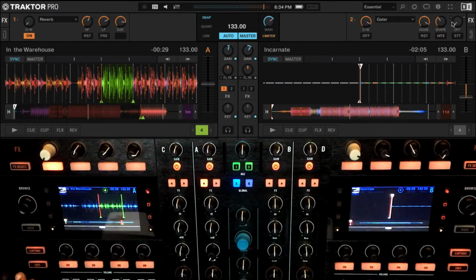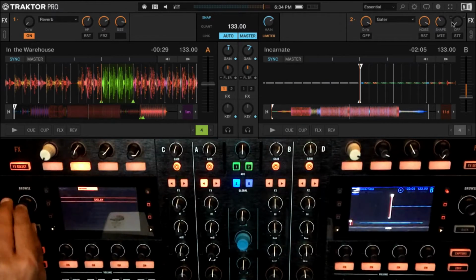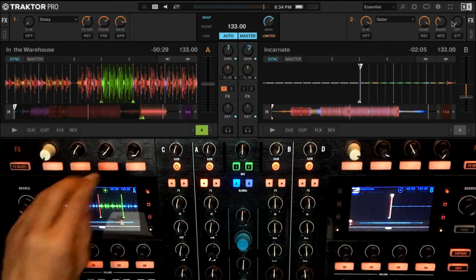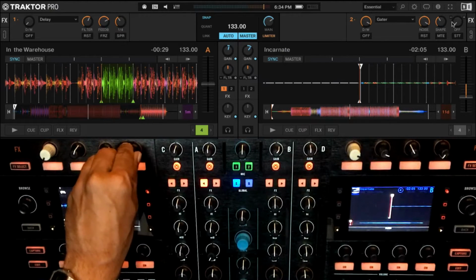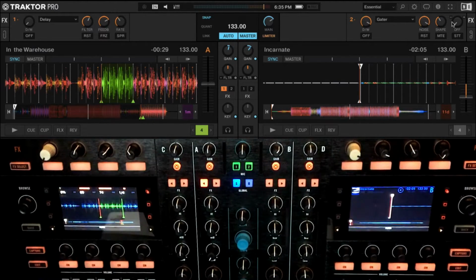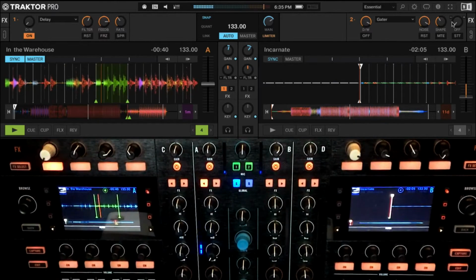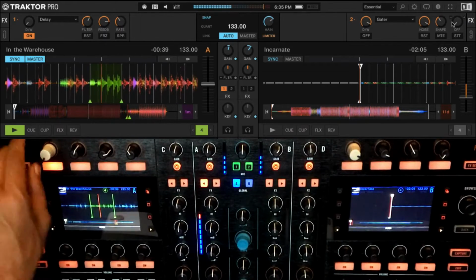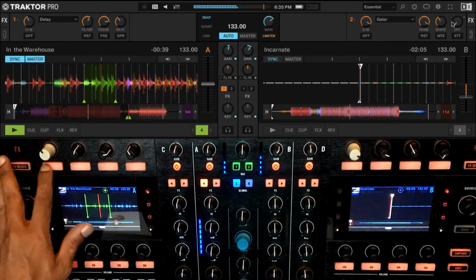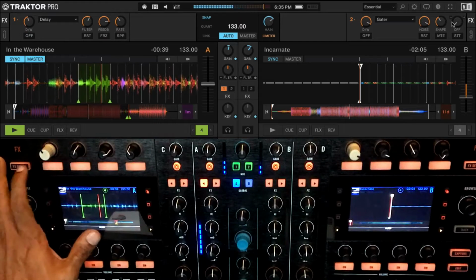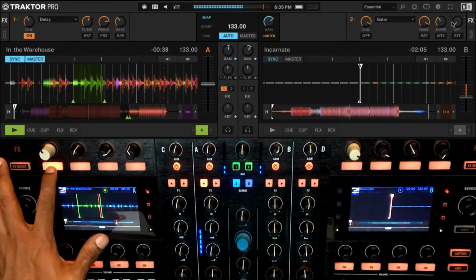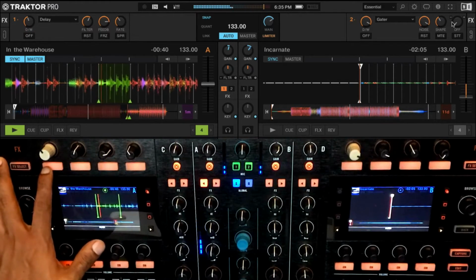The same technique can also be done with the delay. So if I go back to the delay and set it at a time of, let's say, 1/4 with a lot of feedback. Let's do something fun. Let's go back to another portion of this track and start the track. Once again, the same kind of thing: I just want to turn it on and off. So I get that sort of, okay.